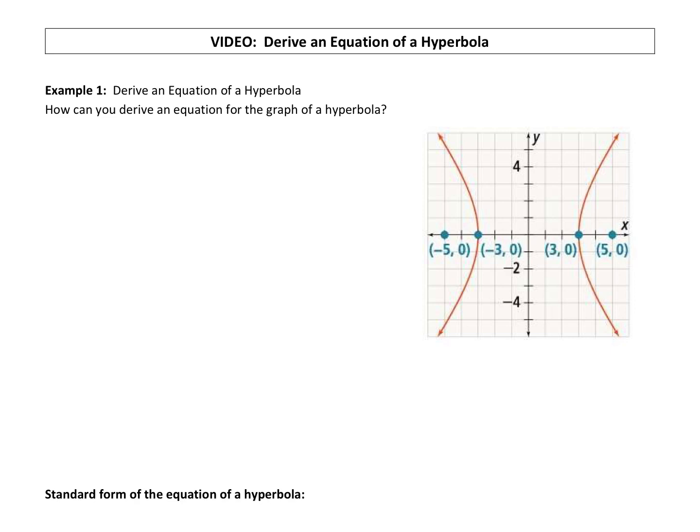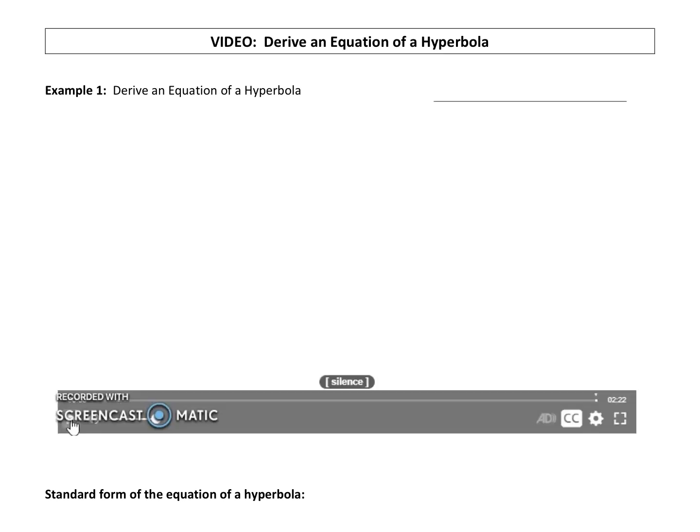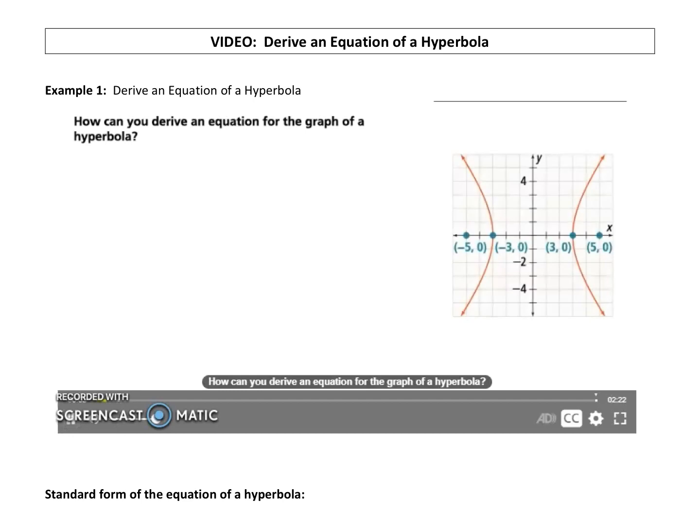All right, we're going to take a look at how to derive an equation of a hyperbola. How can you derive an equation for the graph of a hyperbola? By definition, the difference of the distances from any point (x, y) on the hyperbola and the foci is constant. The vertices (-3, 0) and (3, 0) lie on the hyperbola, so you can use one of those points to